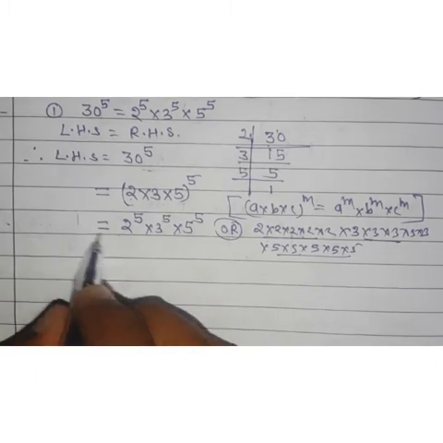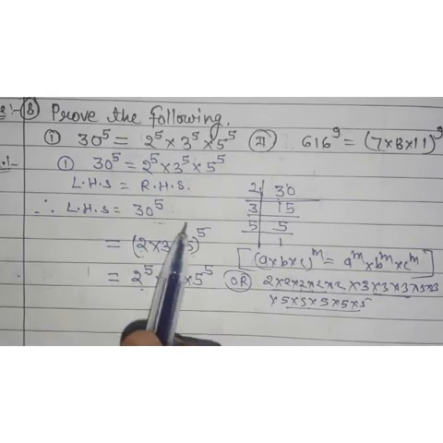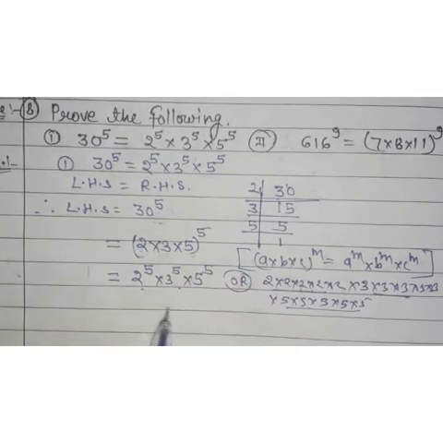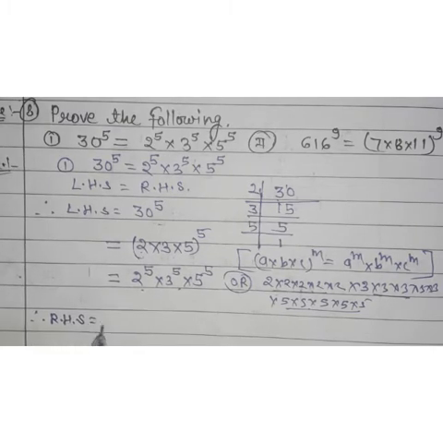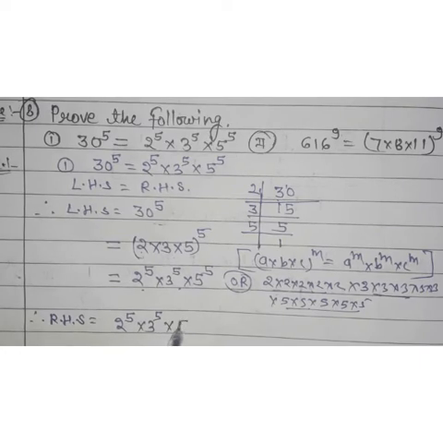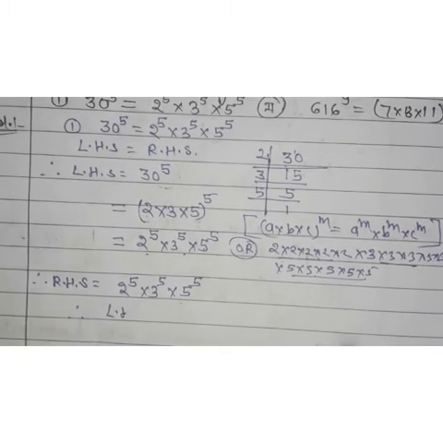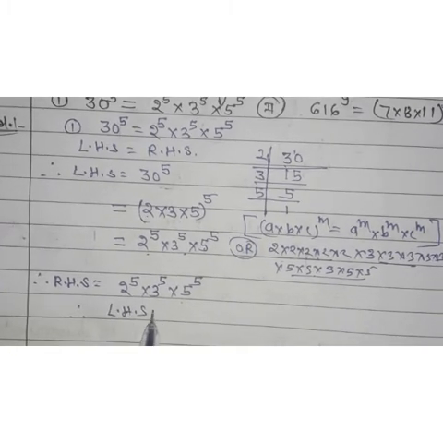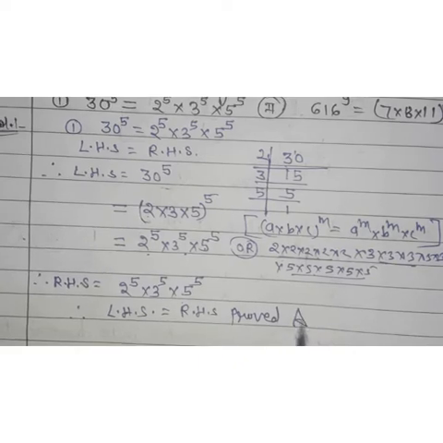Because this is the left hand side, our right hand side is also 2 to the power 5 into 3 to the power 5 into 5 to the power 5. Therefore, what is our right hand side? 2 to the power 5, 3 to the power 5 into 5 to the power 5. Both are the same, so left hand side is equal to right hand side. This is proved. Okay,